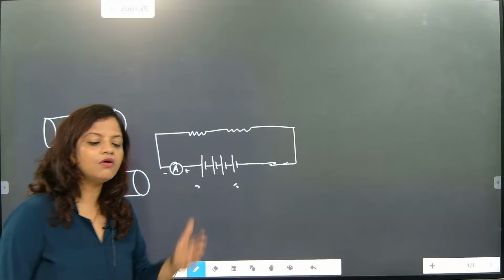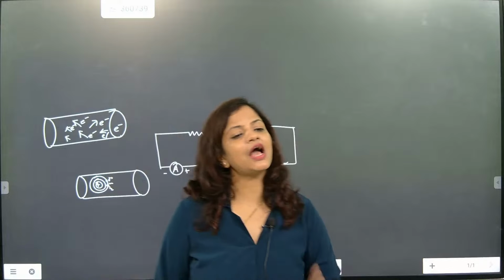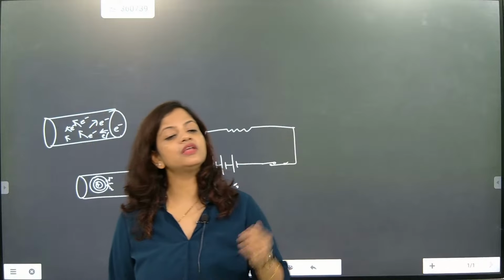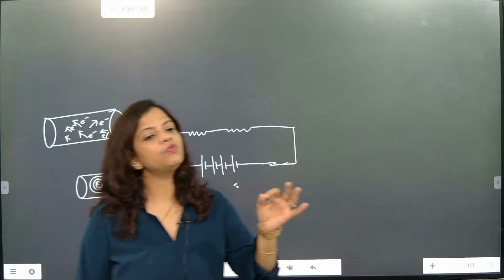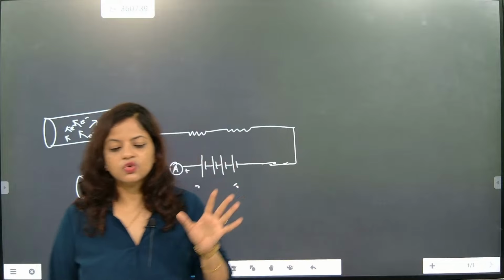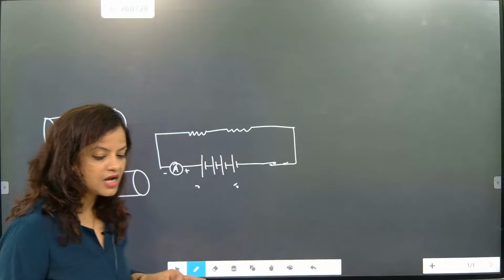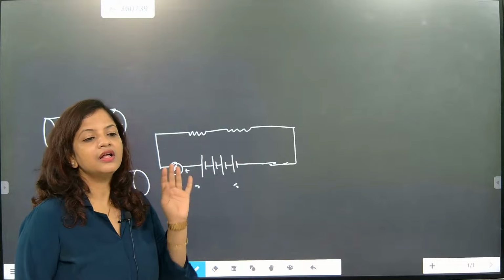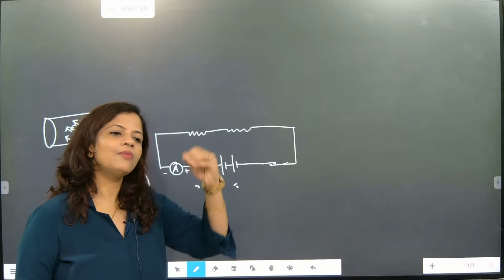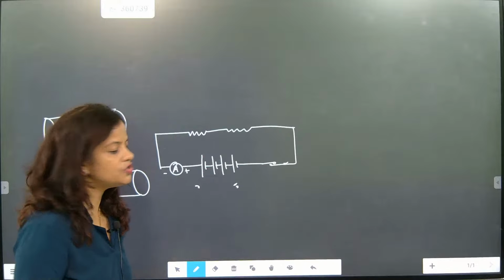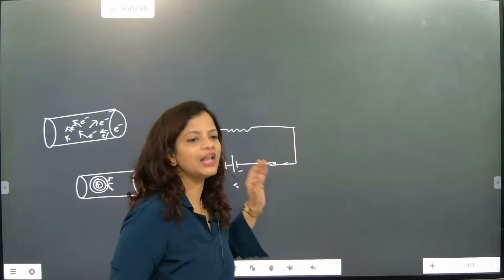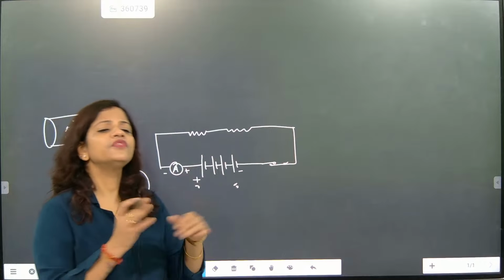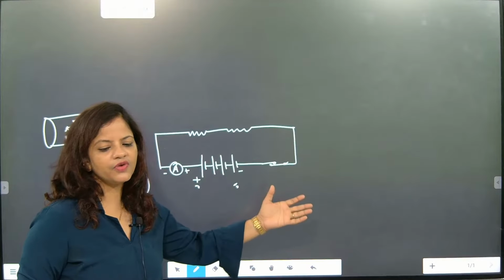Once the cell or battery is connected to a circuit, what is happening inside the battery? Inside the battery, a chemical reaction starts. Once the chemical reaction starts, it does one very important work: it creates a variation between positive charges and negative charges. One side is positive, and the other side is negative, associated with electrons. Now there is a variation, one higher terminal and one lower, one positive and one negative.